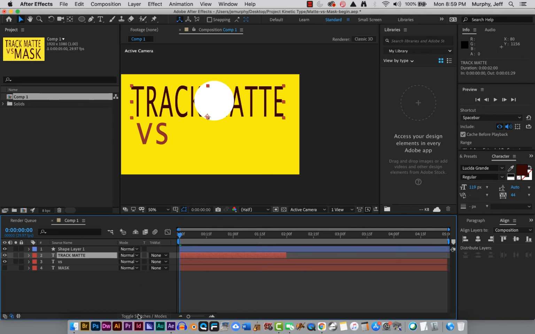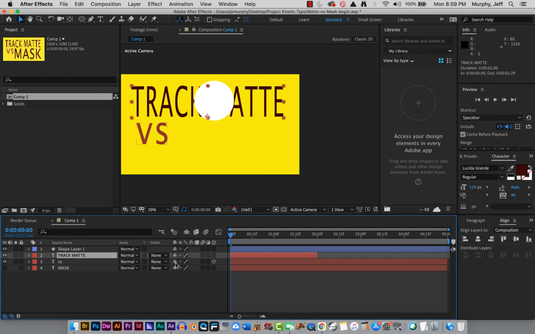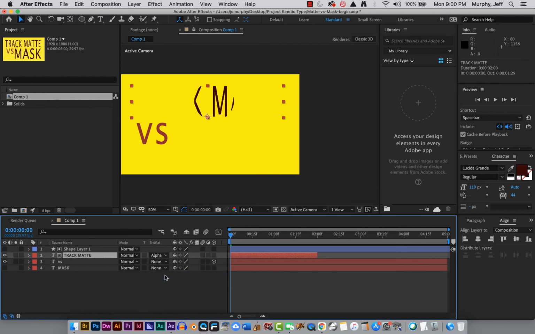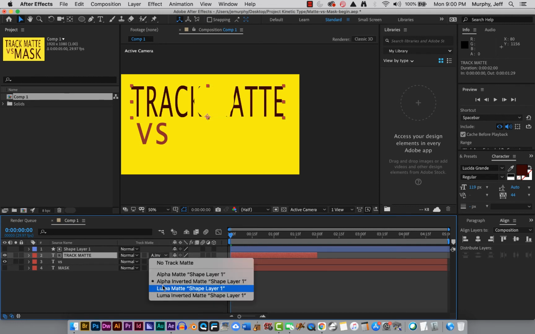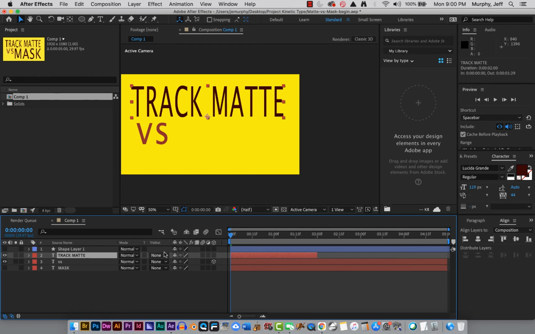You can also, if you want to see both for whatever reason, control click or right click here and go to columns and say modes. Either way, you just need to see this word TRK MAT, track matte. And then I go to the layer that I want to put the track matte on, in this case the text track matte, and I say alpha matte shape layer 1. And if you forget that, don't worry, you can just go through these and see what they do. There's an inverse. There's a luma, but since that's not really going to be any different than the alpha in this case. All right, so I picked the